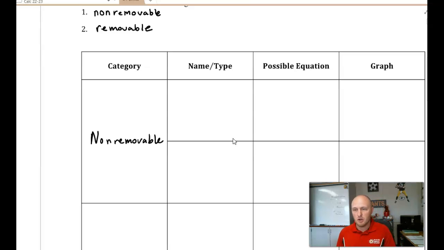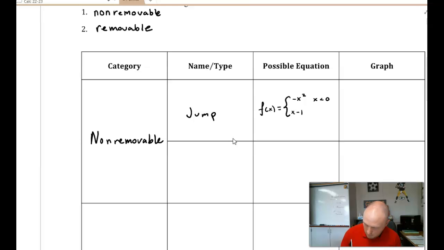And the two types of non-removable, the first discontinuity is jumps. Now, jumps disrupt limits, right? The limit from the left cannot equal the limit from the right. Now, a possible equation of this would be something like f of x is equal to negative x squared for all x values less than 0, and x minus 1 for all x values greater than or equal to 0. I'm just making up two functions split at 0,